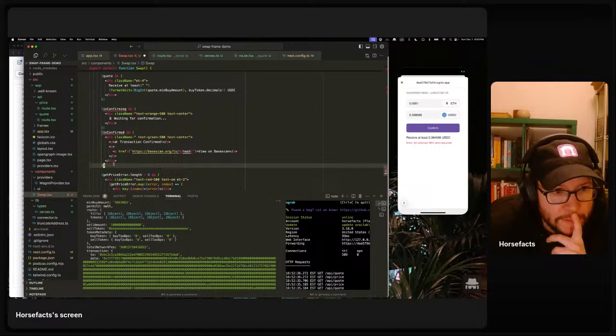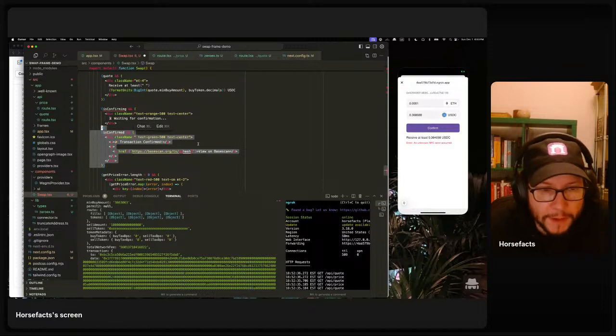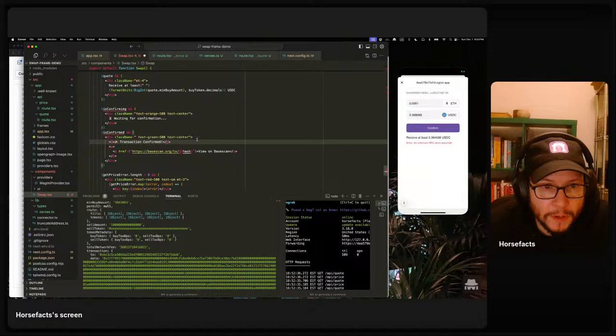Okay, so we'll put a little confirming message in here when we're confirming the transaction, and a link, transaction confirmed, link out to Base Scan